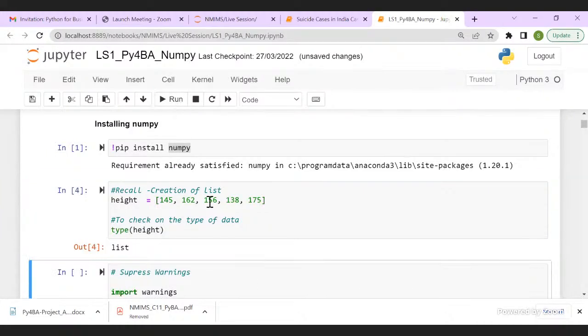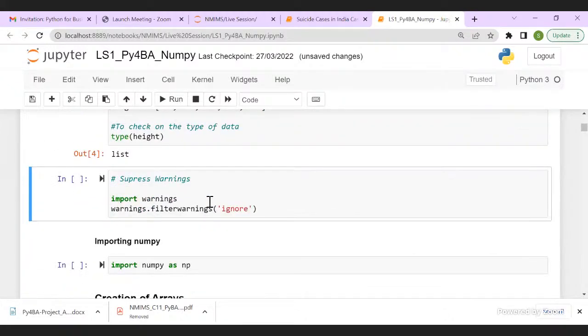Another thing you might have seen in Python is that it shows a lot of warnings. Warnings are not as critical as errors. So we can let Python show the warnings and ignore them, or we can tell Python to ignore those warnings. To suppress them, I can use import warnings, then call the filterwarnings function and say ignore. Just two lines of code to make sure you have a cleaner output. So I'm going to suppress those warnings by writing these two lines of code. Even if you don't write this code, it doesn't matter.